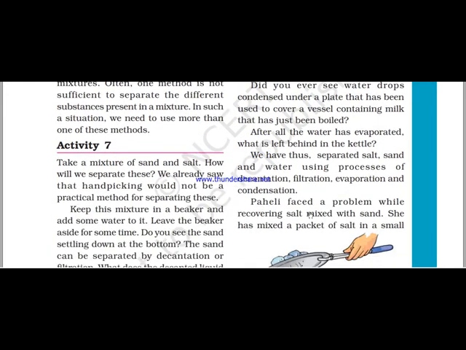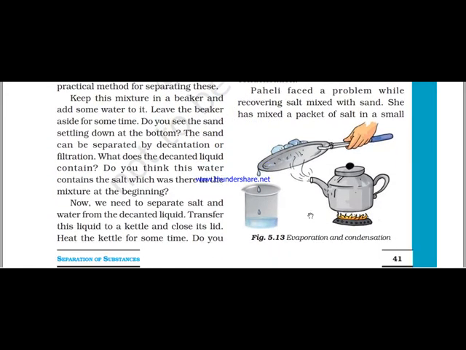Alright students. One more very common example of condensation is the appearance of small droplets of water on the outer side of a water bottle containing cold water. Whenever you take out one cold water bottle from the fridge or refrigerator and you keep it outside for some time, what you are going to see? You will see that small drops of water have appeared on the outer surface of the water bottle.